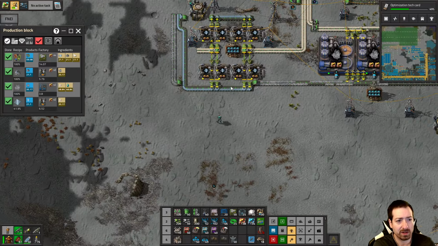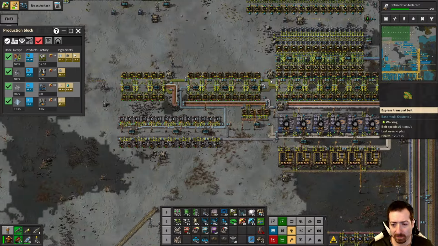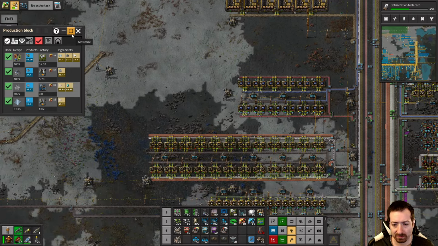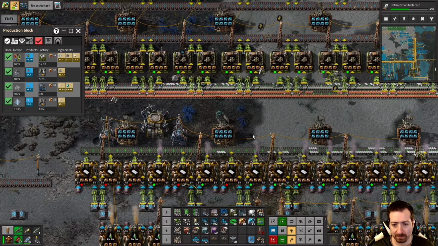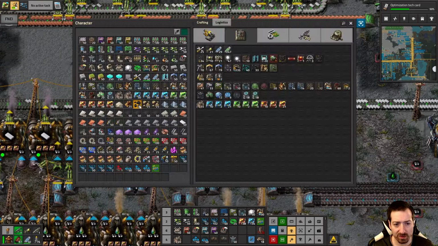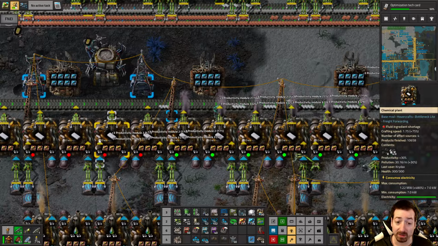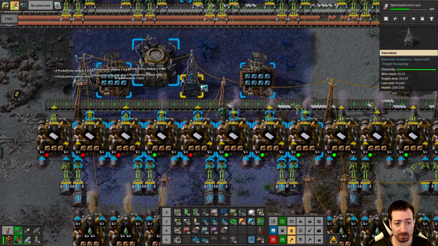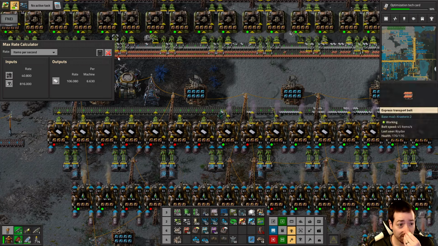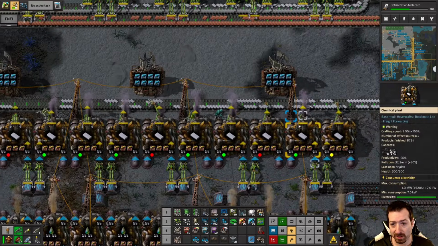Silicon glass, and we need to do a little bit more plastic. Because we need more plastic, let's try to utilize this section and hope that it can be enough for all of our plastic needs. What does that get us to? That gets us to 106. So yeah, that is more than a full belt, and we're definitely capped by...